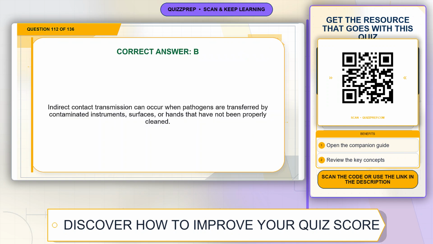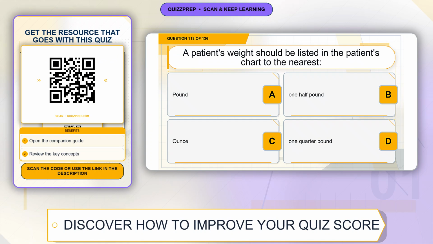Explanation. Indirect contact transmission can occur when pathogens are transferred by contaminated instruments, surfaces, or hands that have not been properly cleaned. Question 113. A patient's weight should be listed in the patient's chart to the nearest: